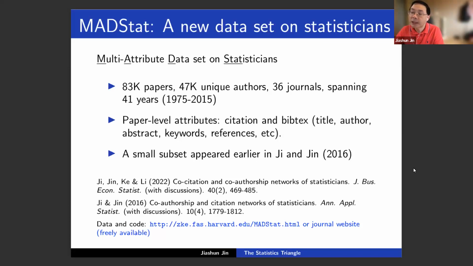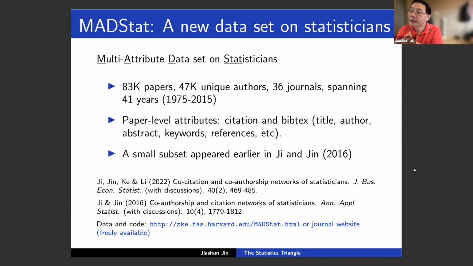Another noteworthy feature is that compared to Google Scholar, where you can easily access the citation information of a given paper, if you want to access a large volume of papers the citation information is actually not available to you. Second, the Google Scholar citation information is kind of noisy. For our data set, we not only downloaded it, but we also spent 2 years cleaning it, which makes the data set higher quality.